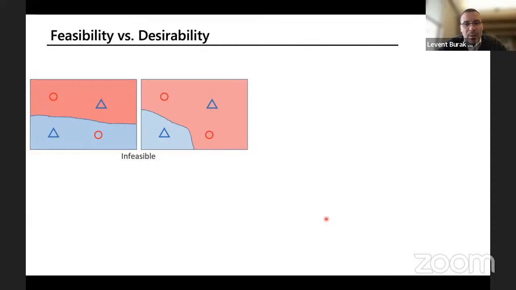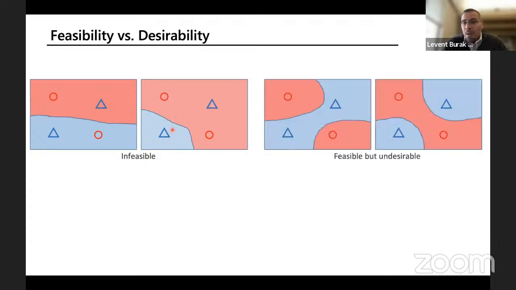So just to talk a little bit about, I know the setup took a little bit of time, but in terms of what is a feasible design versus a desirable design. Here you're seeing examples of infeasible designs because there's the red net and then there's the blue net, and there's definitely misclassification, right? In the first one, this red is misclassified, this blue is misclassified. In this case, this blue triangle is misclassified. It should belong to a blue power plane. This is a feasible design. Two designs that we're showing here are feasible, but these are undesirable.